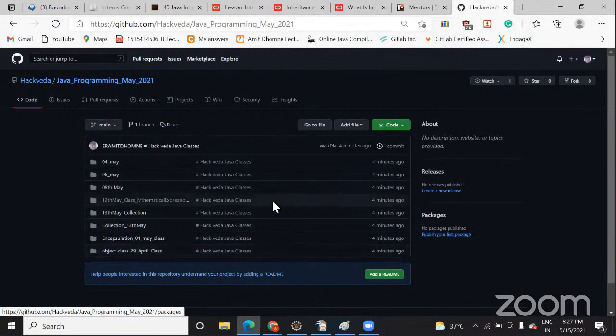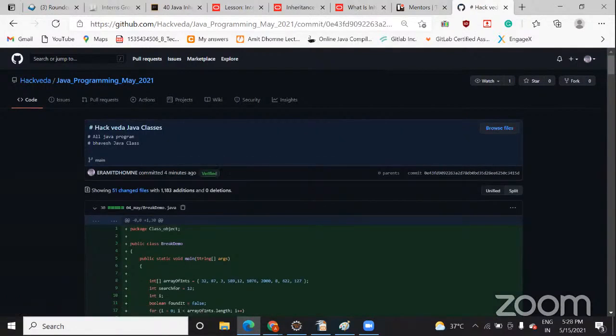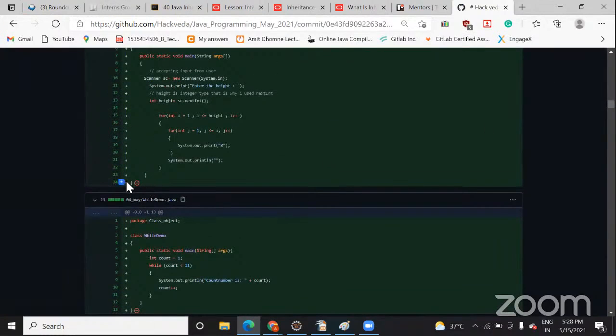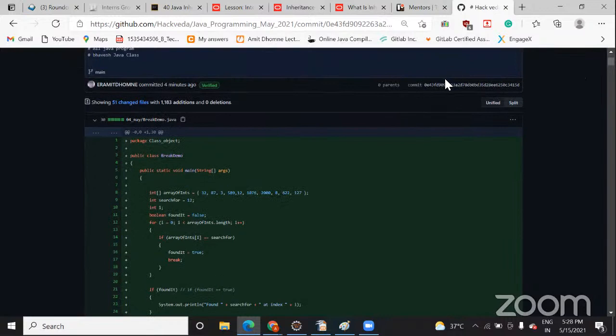One more thing: it is showing yesterday because I have only committed. When you click on this commit, it will show you what the different commits are. When you click on this version, it will show you with a green sign. Then you can see what changes are done. Now suppose anyone adds any line here, then that line will be shown in a different color. So with the UI also you can check it. It is showing 51 changed files. When I make changes, then this ID will get changed.